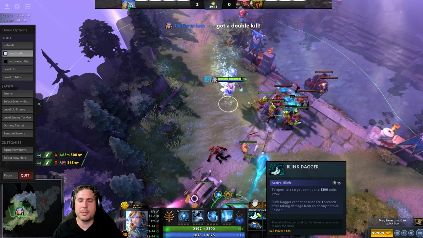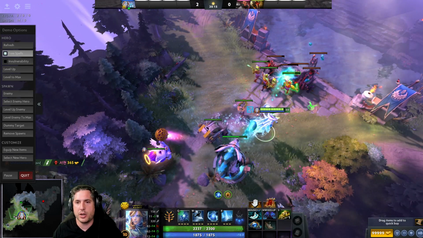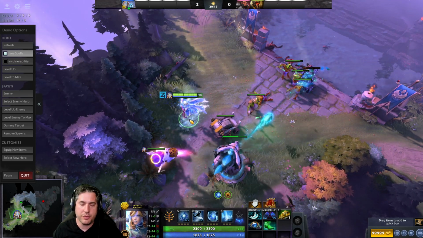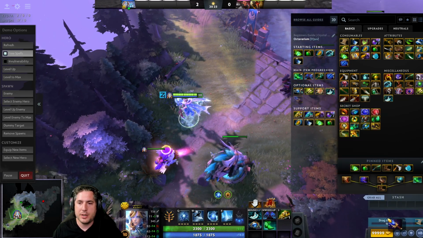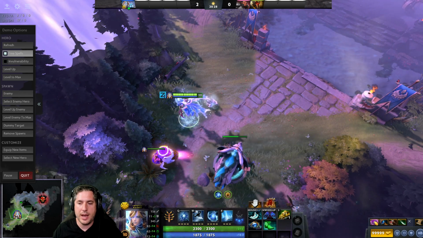So you can utilize the Blink Dagger to initiate your ultimate. You can use it to kind of initiate on top of an enemy so that you can essentially make good use of your skills like Frostbite and so on. Okay. Finally, Aghanim's Scepter. This is super greedy, and honestly, I don't really like it that much. What it does is it essentially adds...